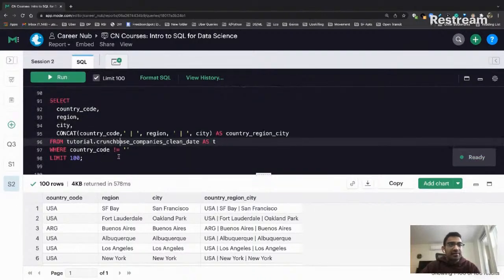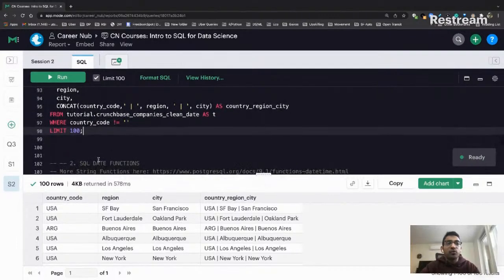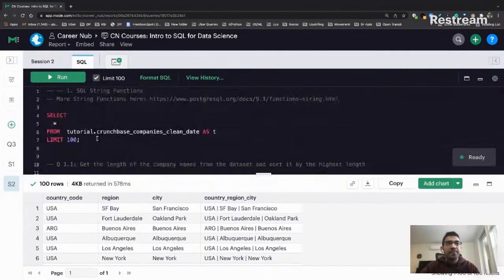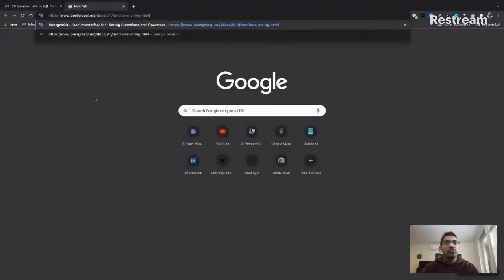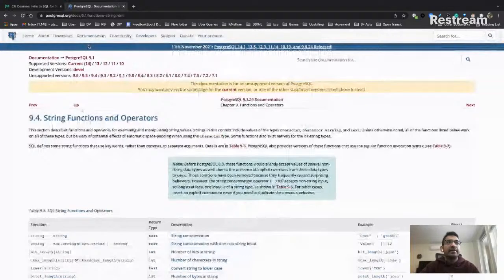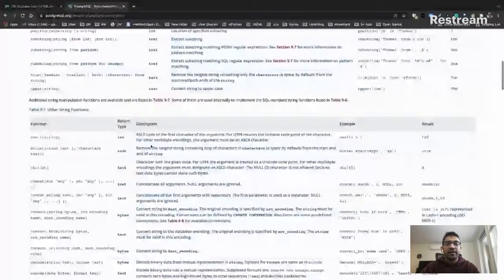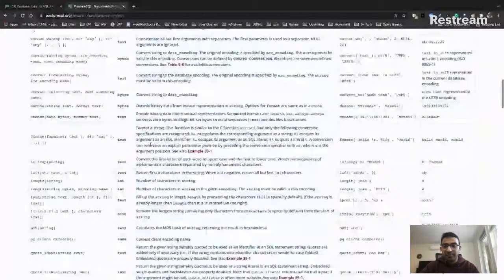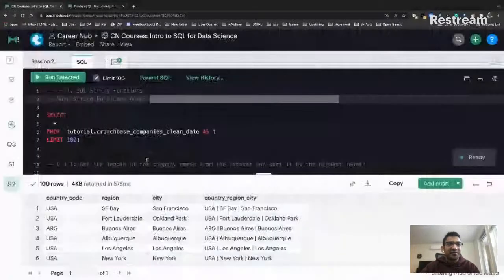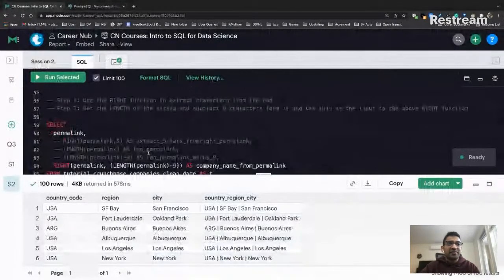Yes, that is the database. Cool. So now we have done most of the important string functions. We'll share this with you. If you want to learn more about string functions, you can just go here, and these are all the different string functions that you can actually perform on any Postgres SQL. Okay, cool. Let's move ahead and do